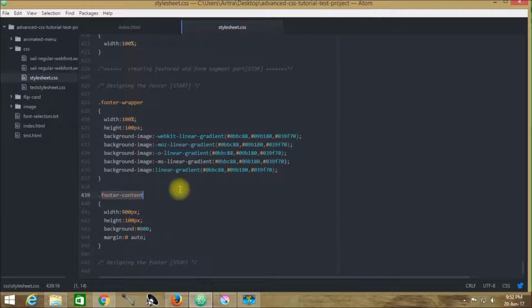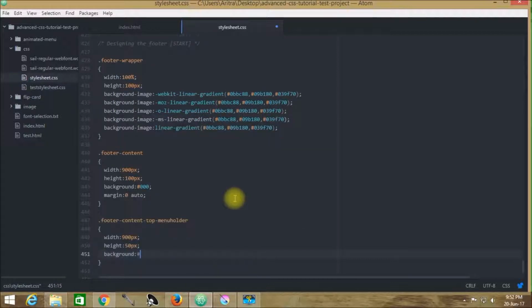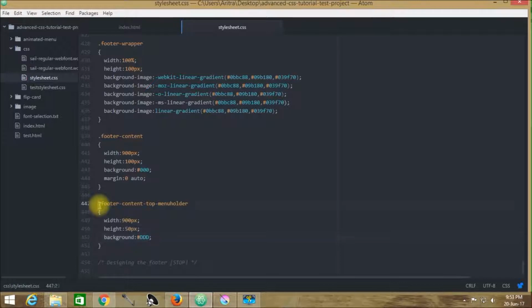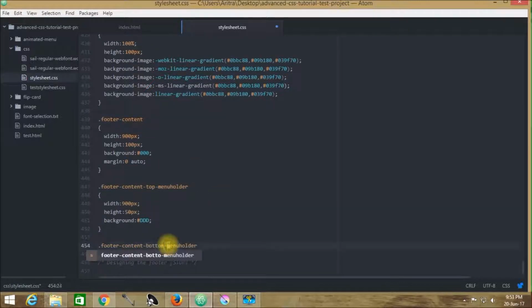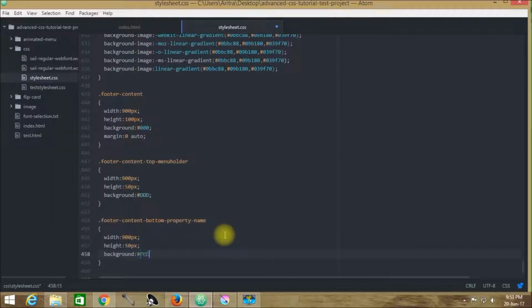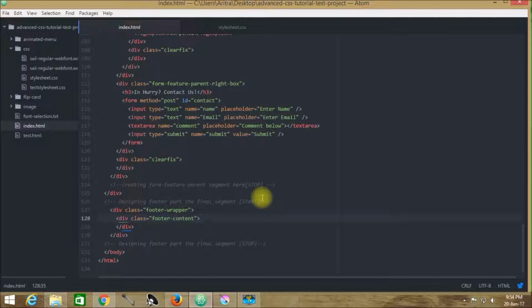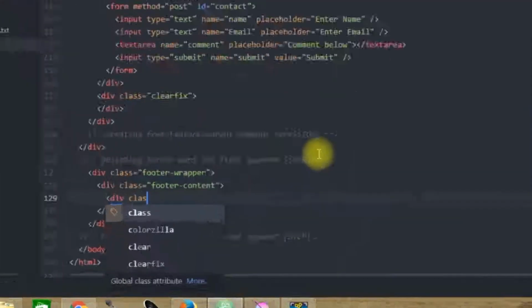So let's get back to stylesheet.css, and we are creating two divs over here. In the same manner, I am creating another div for the bottom part. There it is. Now get back to your project, and inside this footer content part, we are just calling those class names over here.